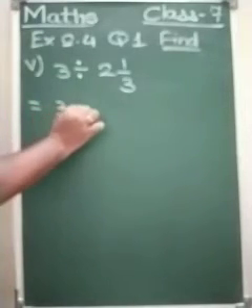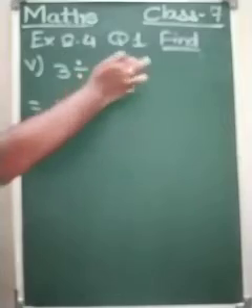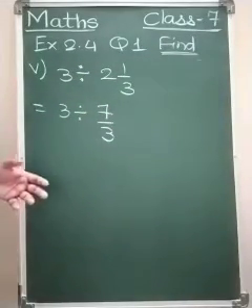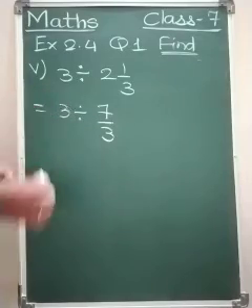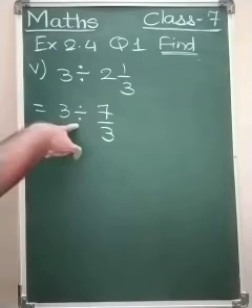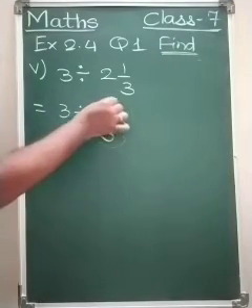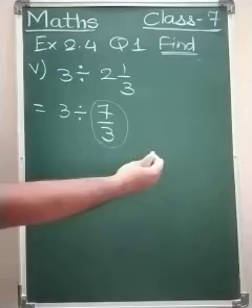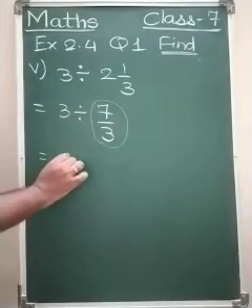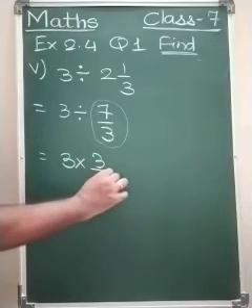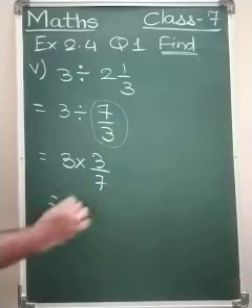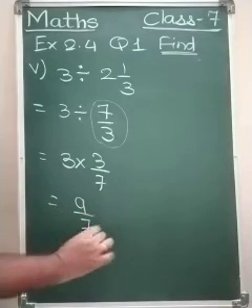So 3 times 2 is 6, plus 1, 7 upon 3. Now very easily we can get confused, since division is there, cut and only 7 is remaining. This is not the case. Division is there, so reciprocation of the fraction on the right hand side is necessary. So 3 divided by 7 upon 3 will be 3 multiplied by 3 upon 7. Numerator multiplied by numerator, 3 threes are 9 upon 7.